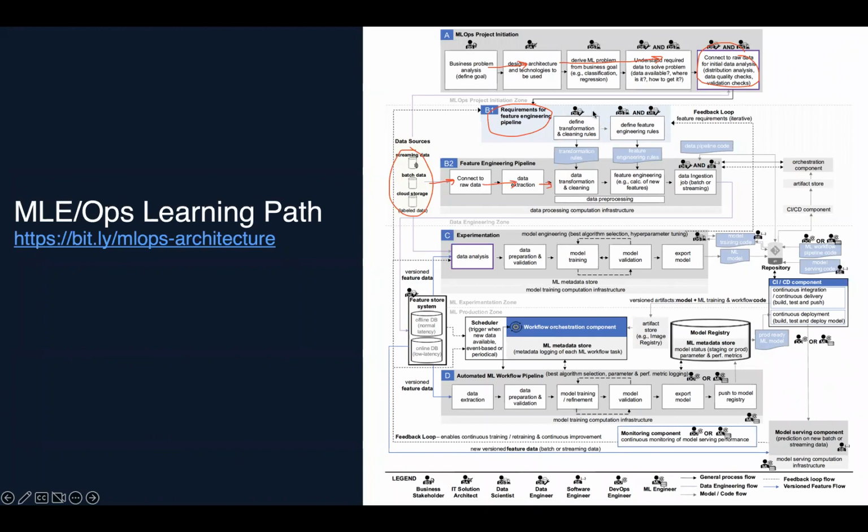But the requirements will probably need to be defined upfront. And sometimes it's an iterative process because the data scientists will need to do experimentation to see which features work, right? And which features don't work. So that's the data transformation, cleaning, and also feature engineering process, right? And then we'll move on to the experimentation stage, which is step C here, right? Because before you deploy models in production, data scientists usually spend a few weeks or sometimes even months, right?